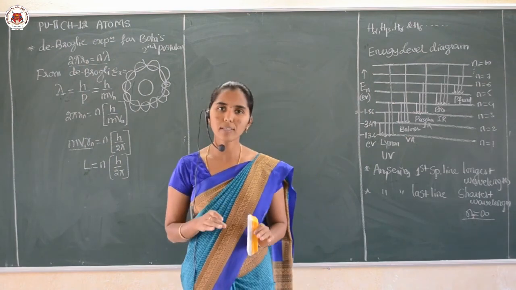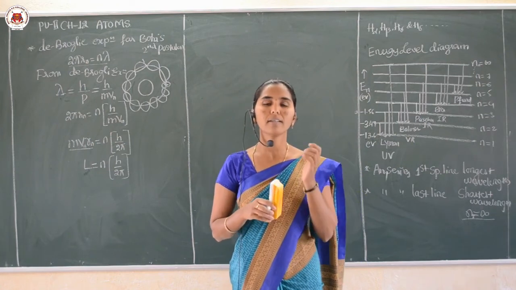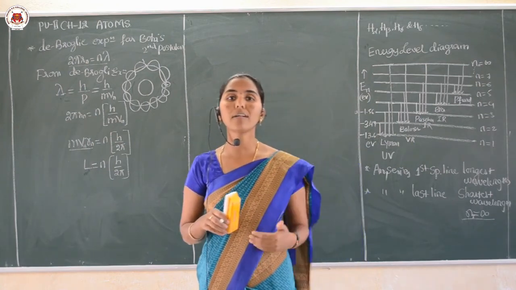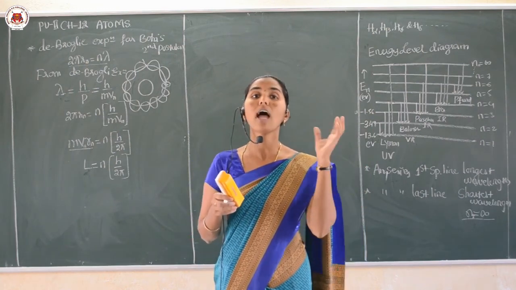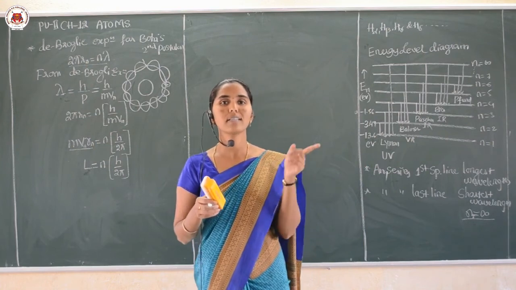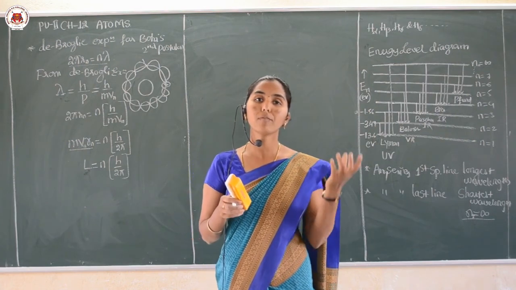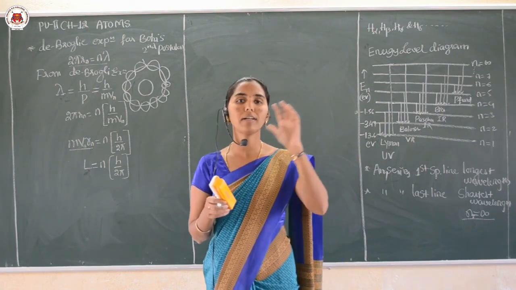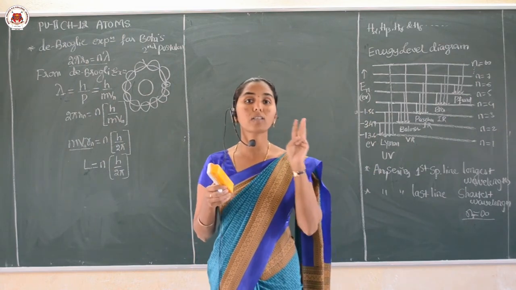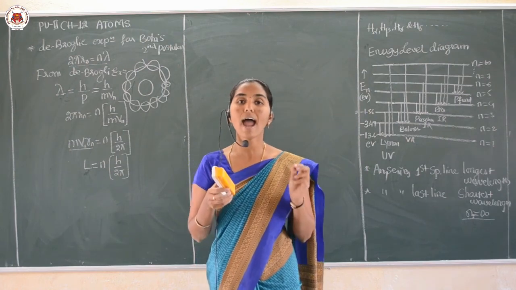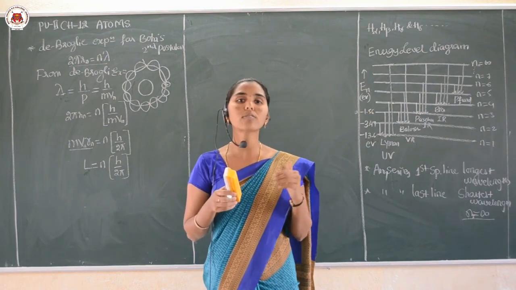Yes, I hope, dear students, you understood all the points we discussed in this chapter. We started with the different models of the atom, where different scientists gave their ideas about atomic structure. First is the J.J. Thomson model, next we moved to Rutherford's atom model, where we found a few failures. Then we went to Neil Bohr's atom model, where the three postulates were discussed, and along with those postulates we also learned the limitations of Bohr's atomic model.